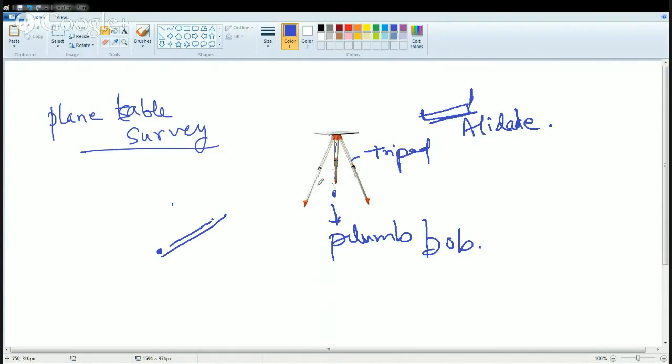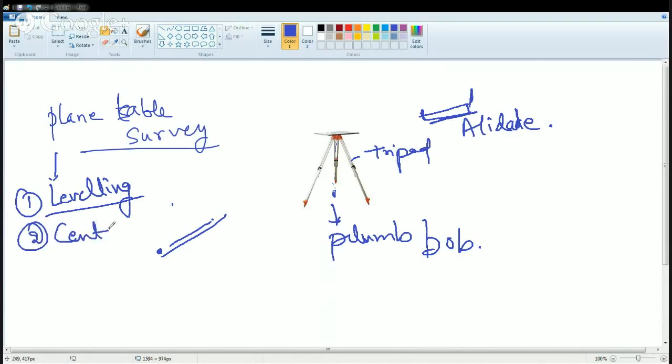So there are three very important things that you require for plane table survey. First is leveling. The ground must be leveled, otherwise if one of the tripod legs is not properly on the ground, it would cause errors in elevation, and there would be errors due to leveling. The second is centering, which should be proper, and that centering is done through the plumb bob. And third is orientation. I must properly know in which direction I am going. So if I am moving from place A to place B, I must know this is the direction I went, and